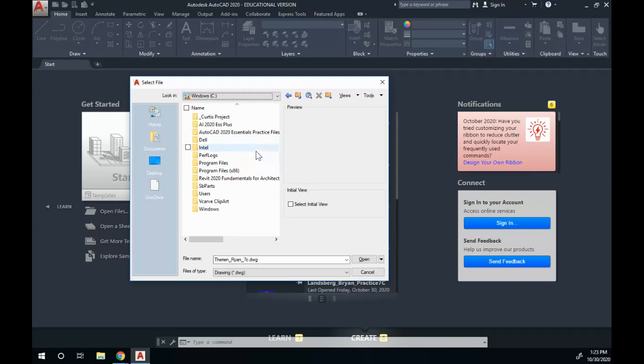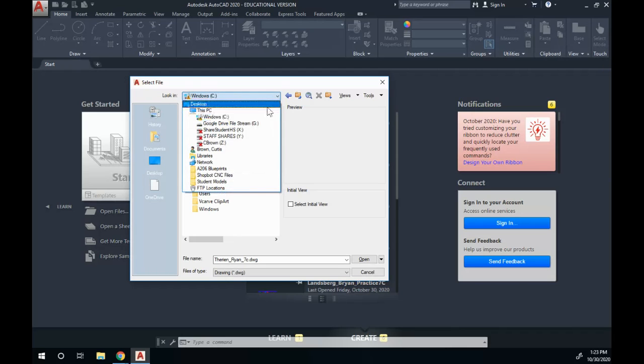So when I first downloaded these files, this is where it went. I copied them and moved them to another location, and you can do that as well. Whichever file you open last, that location is where AutoCAD will always revert back to. So if I go back to, let's see here,